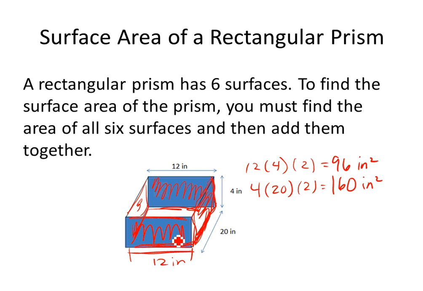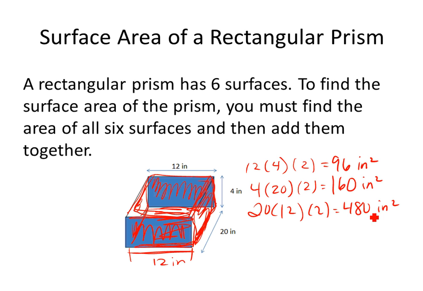So 20, and so the bottom rectangle is a 20 by 12, and so is the top rectangle. So I'm going to do 20 times 12, and then I'm going to multiply by 2. And you get 480